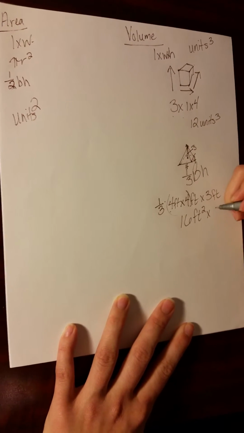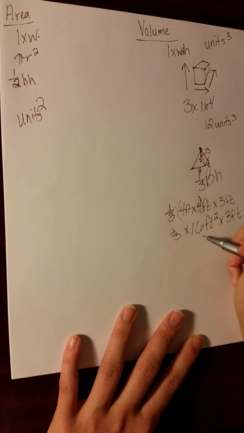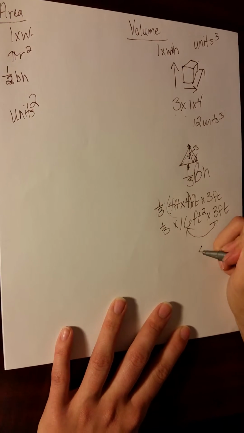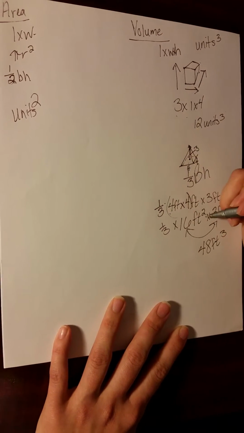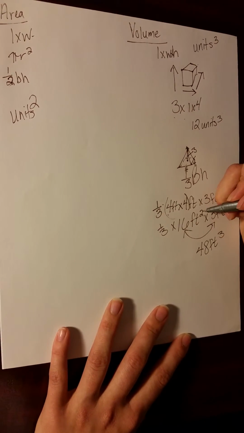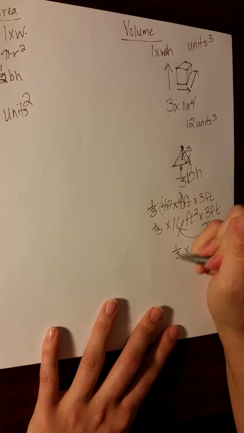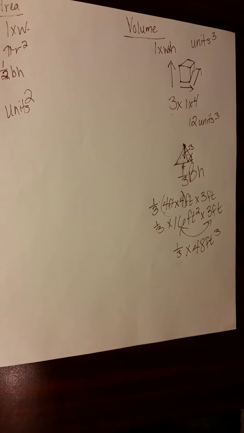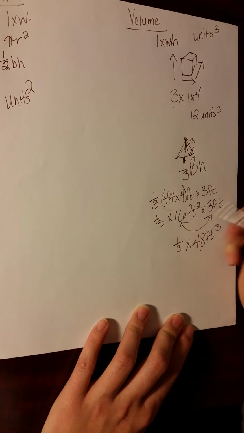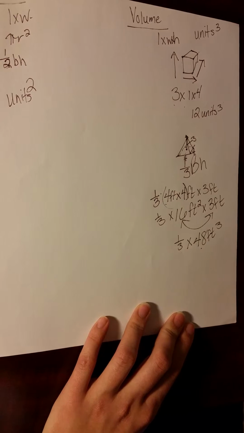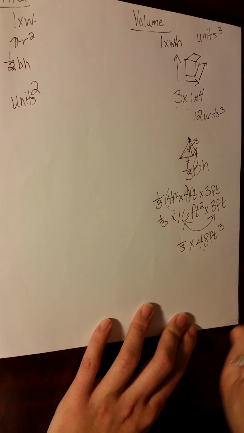So then we have 16 feet squared times 3 feet times 1/3. We're going to do the 16 feet and the 3 feet first, and that comes out to 48 feet cubed. Now don't forget we need the cubed because it's not the area anymore, so we have to add one more to that. So we have 48 times 1/3. Now remember, when we multiply by a fraction, we are essentially dividing the whole number by the bottom number, or the denominator. So we get 48 divided by 3,